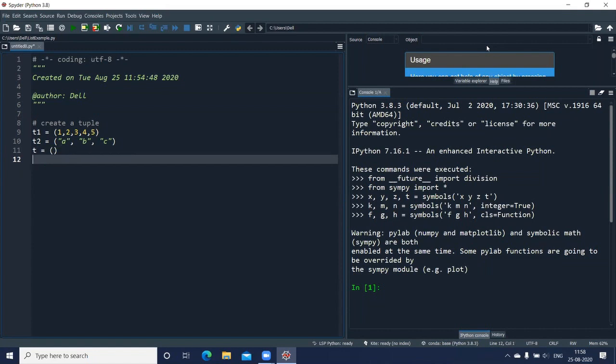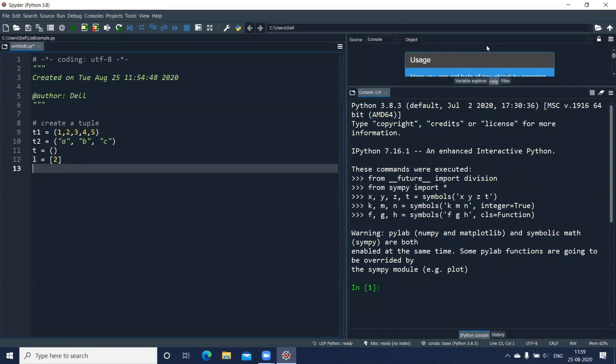There's one major difference. Like in list, whenever we had to assign a single value, what we used to do, like L equal to, and I can use the square bracket and give a value here, 2. So this becomes a list with a single element in it. There's no problem with this.